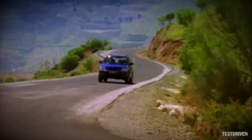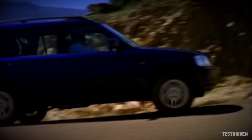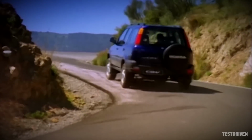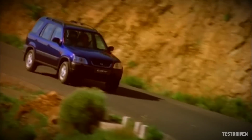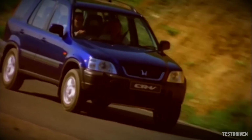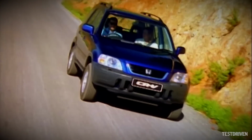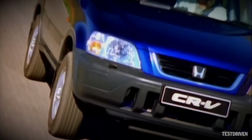The Honda CR-V was first launched in 1995 and brought a mix of SUV practicality and car-like road manners to the market that was previously almost unheard of. While those of a camo-wearing disposition may have bemoaned its lack of solid axles and cart springs, everyone else could see it for what it was: practical, year-round family transport, and it went on to sell more than 5 million